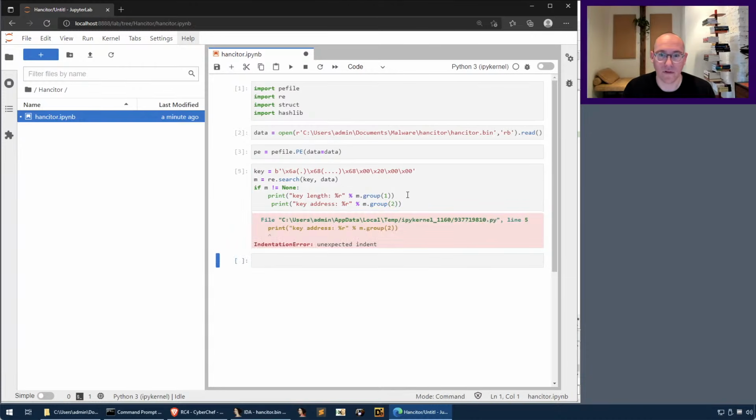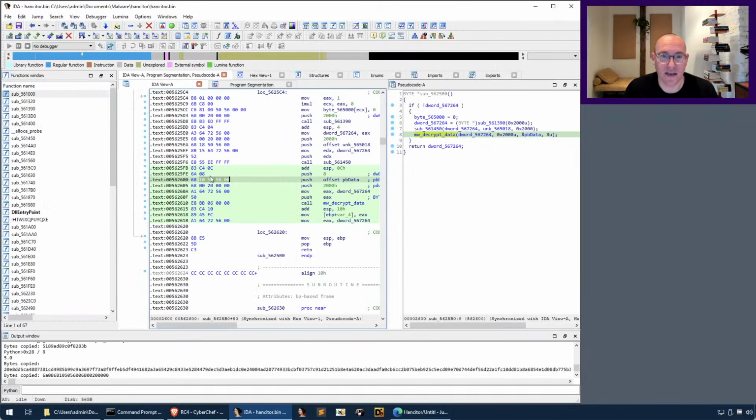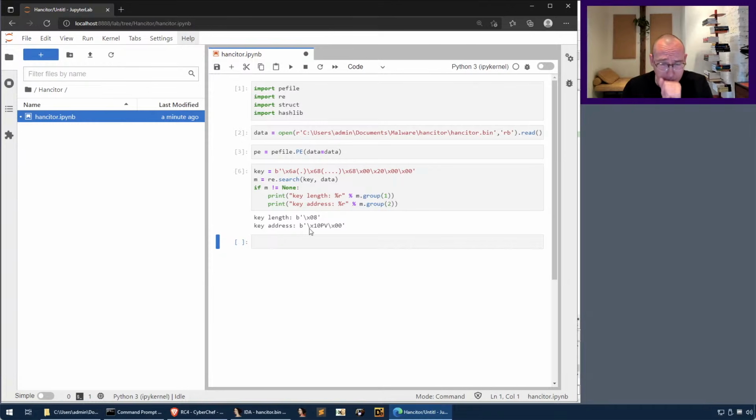So let's see if this works. Oh, unexpected indent. Okay, so is that the key length binary? Byte 08, I think it is. Right, byte 08, yeah. And then 10, 50, 56, 00. So we were actually able to find,